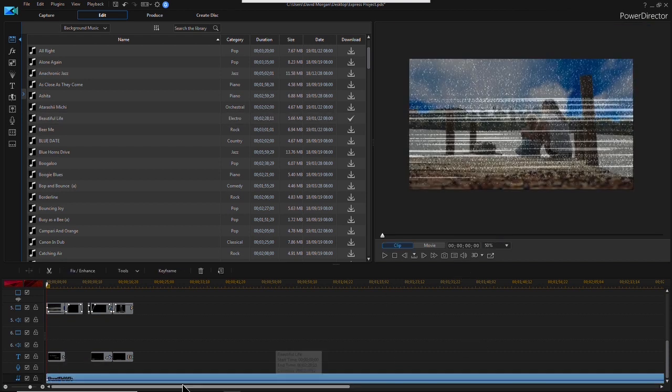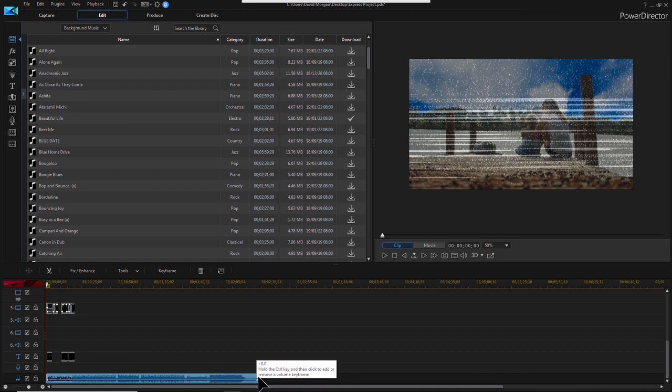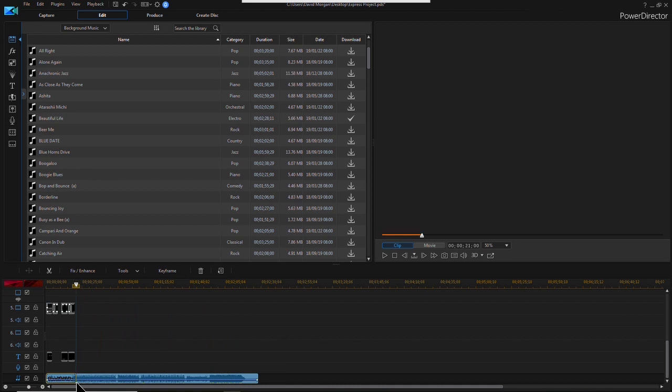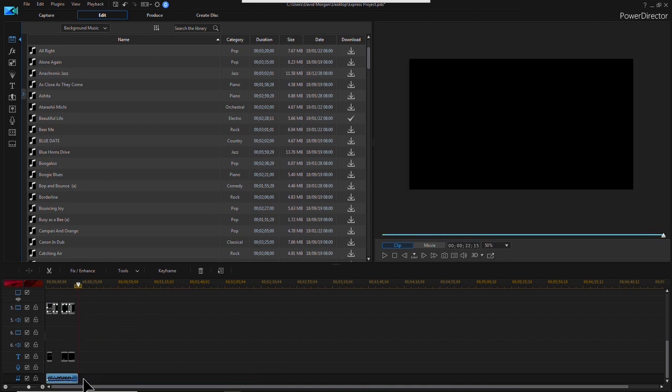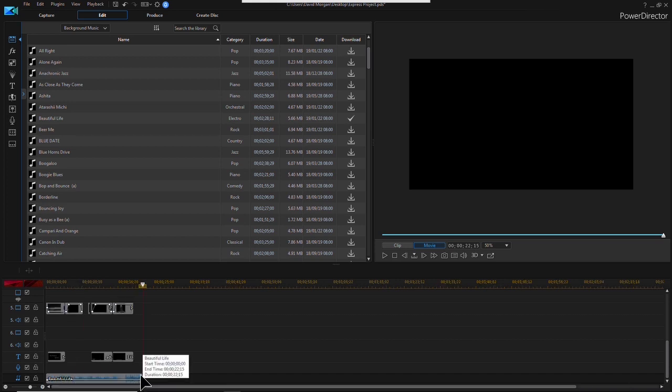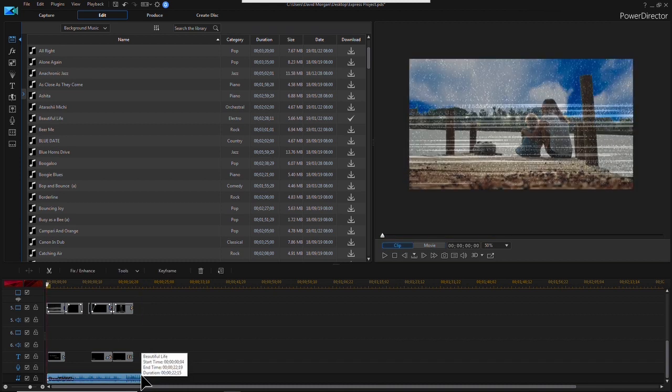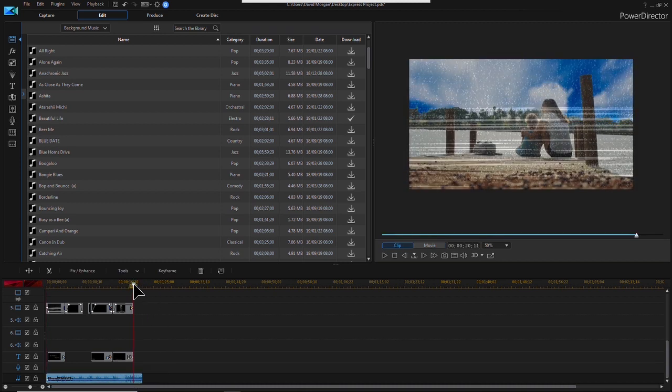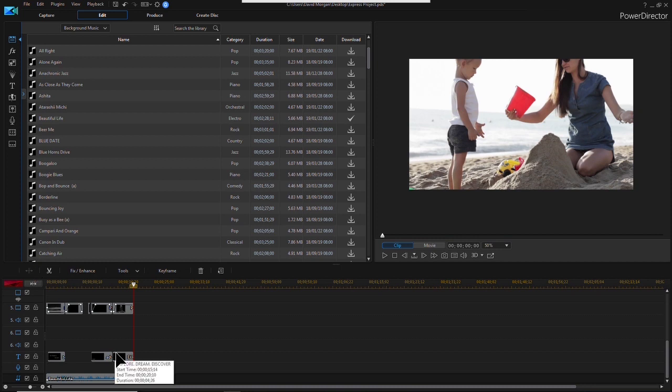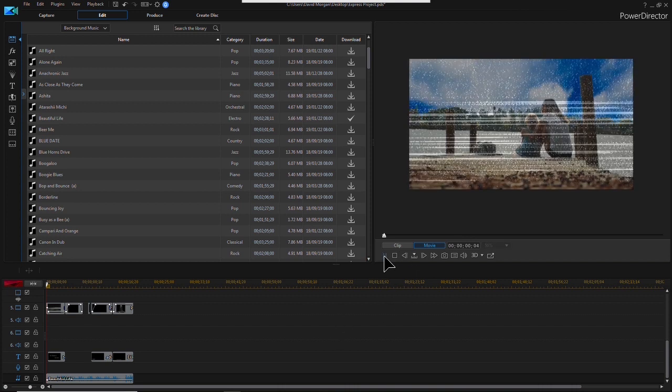So now I also will want to quickly just bring it back, right? And go ahead and drag this back. So I just go to the edge, left click, and drag it back to align it with my project. Zoom in just a little bit. Actually, I'll just go to the end of this, and I can just split it here and then delete my track. Okay, so now we'll have music lined up with our